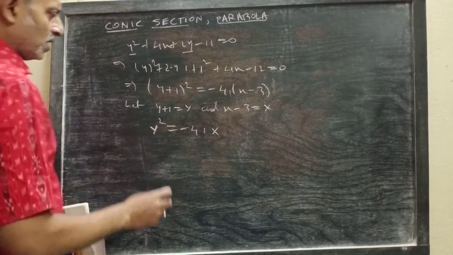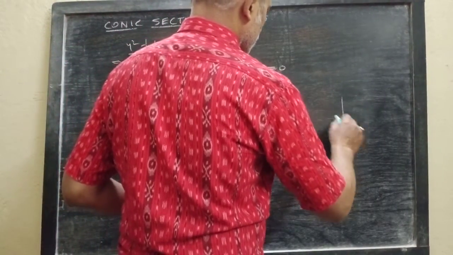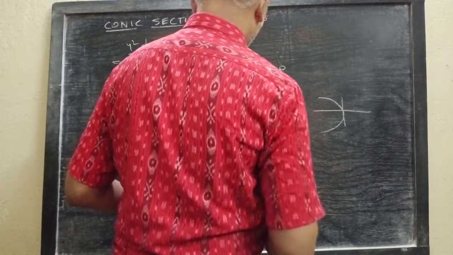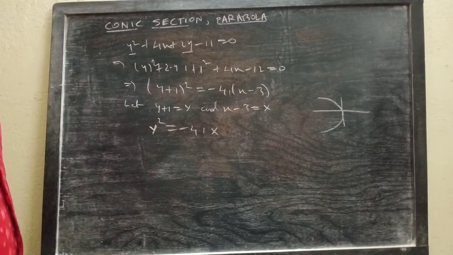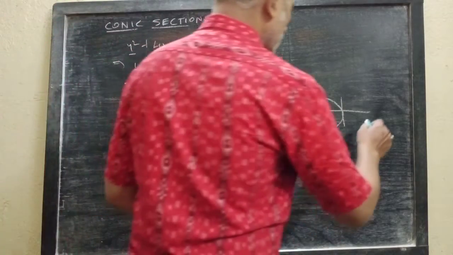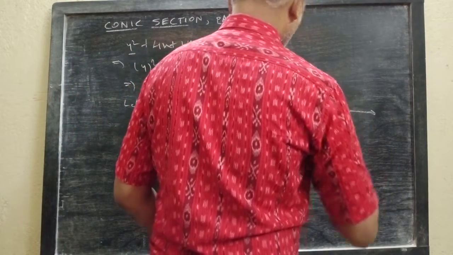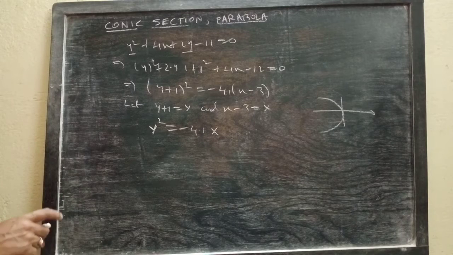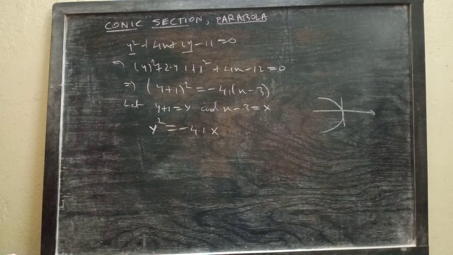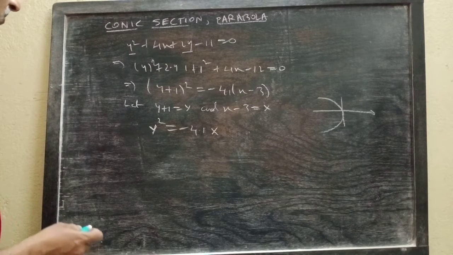Now what type of parabola is this? This type of parabola spreads on the left side of the y-axis. Here we have to shift the origin. We know this because in the beginning classes of coordinate geometry I have discussed how to shift the origin without changing the direction of axis, that is keeping the axis parallel to the coordinate axis. Okay.